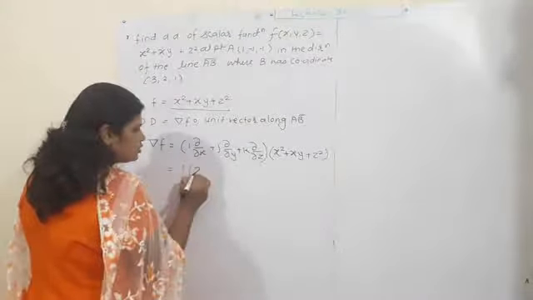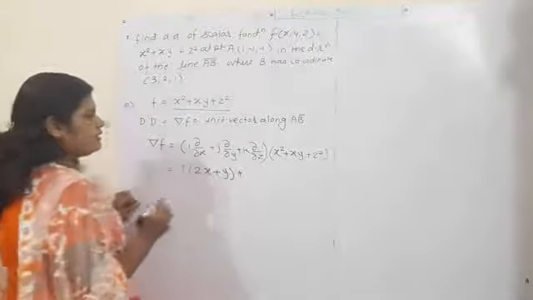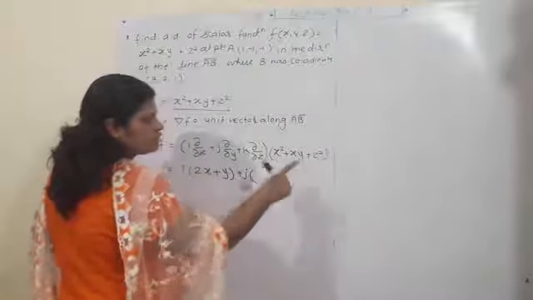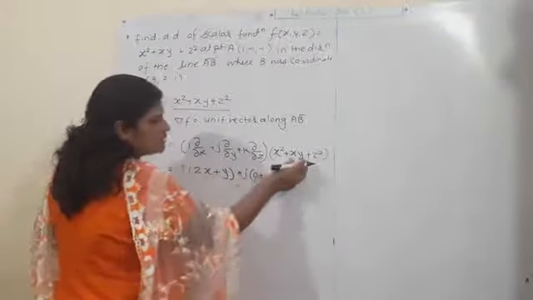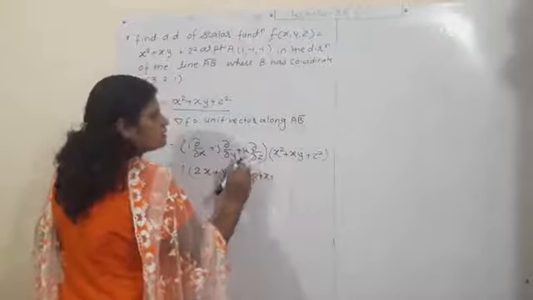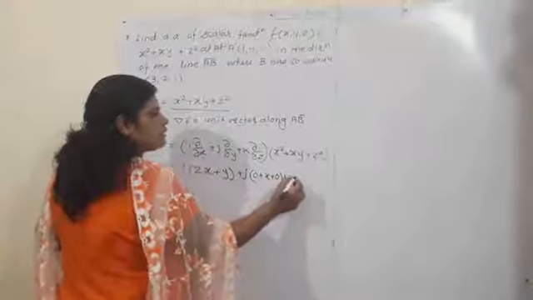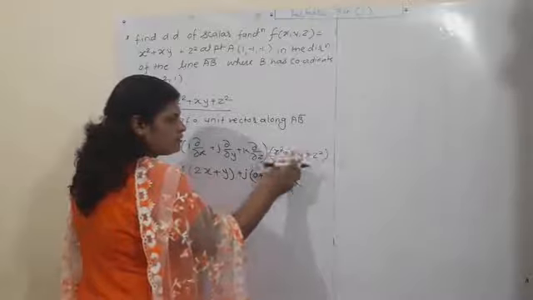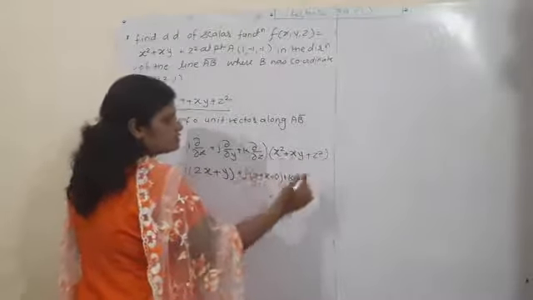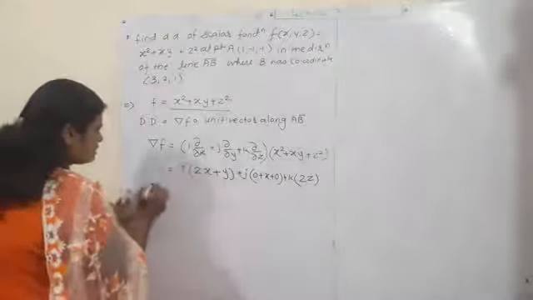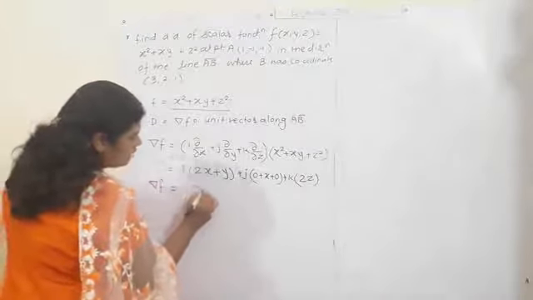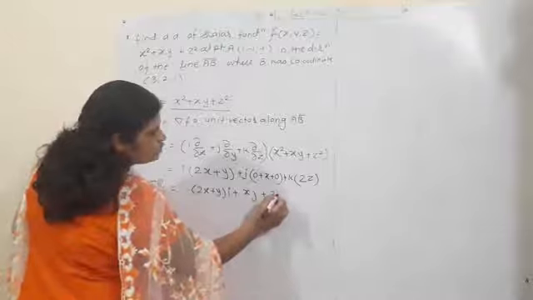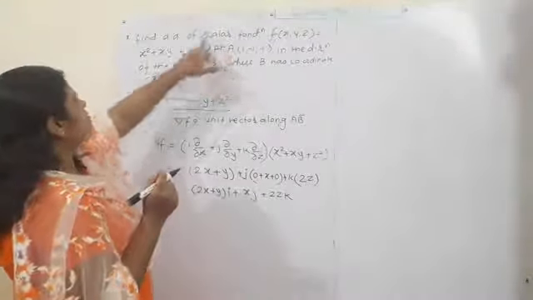So here we get 2x plus y. Next, j into the derivative with respect to y. The first term has no y, in the second term the derivative of y is 1, so we get x, and the z square term gives 0. Plus k into del del z of that term. The first two terms have no z so they are 0, and the derivative of z square with respect to z is only 2z. So grad of f is (2x plus y) i plus x j plus 2z k.